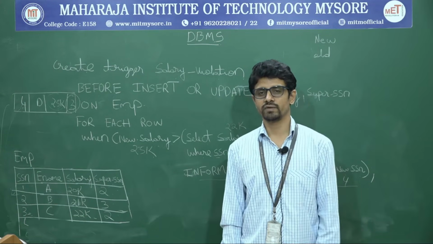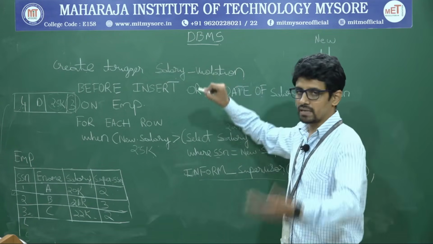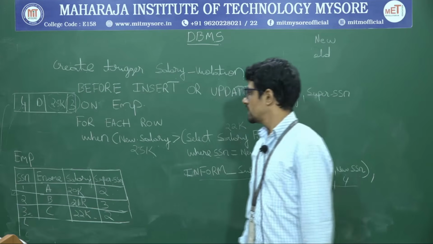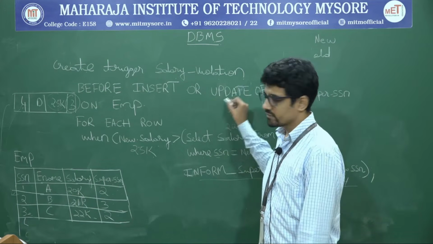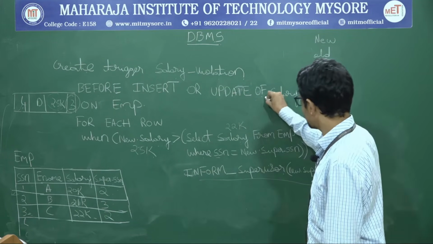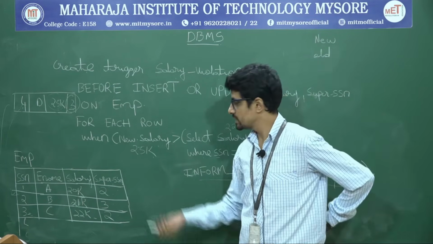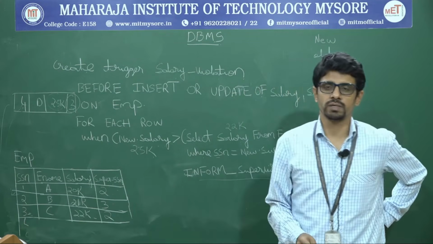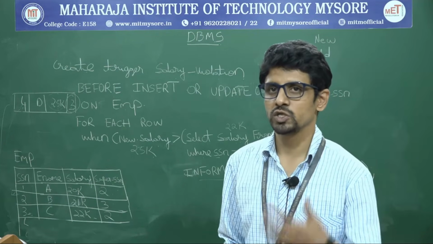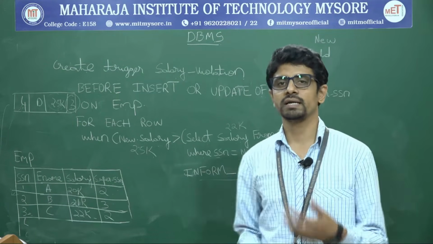Okay. So what you need to understand from this is, first, how to choose the name. The name can be anything, salary violation, followed by either before or after. Okay. So insert, you can have combinations of it, insert, update or delete, all 3 are possible. So insert or update of salary and super, the column names where you want to verify it. Next, the table name, on which table, then for each row. This is the keyword that has to be used. This indicates that this condition should be evaluated whenever we insert a new row to this table. So once you write this constraint to a relation, automatically it will keep on